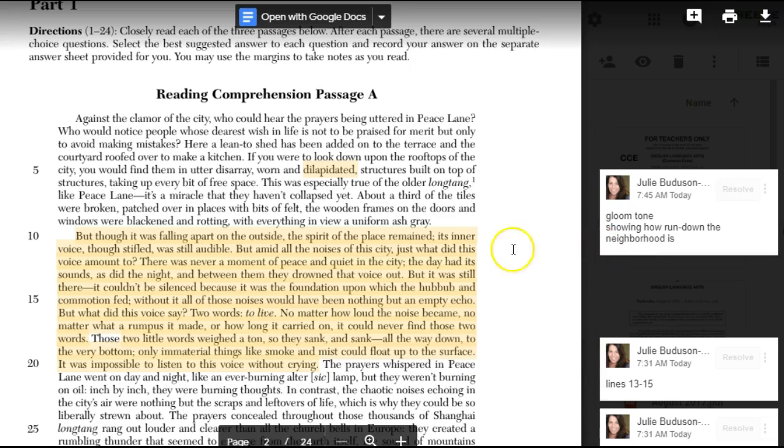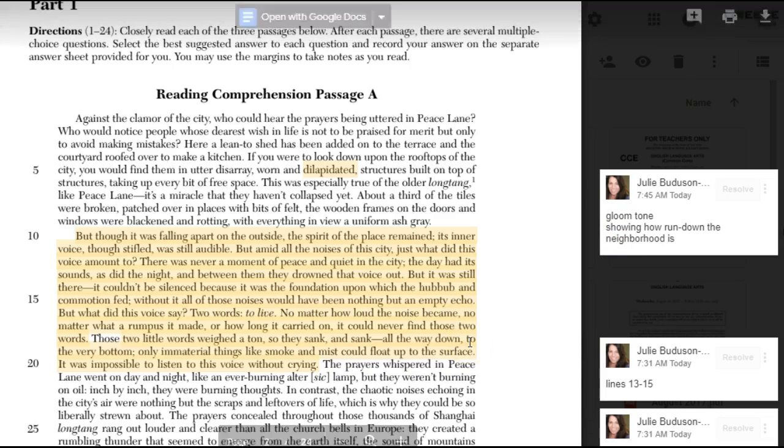And then I would move on and read the next part and underline or highlight whatever stands out to me there and do the same thing, write an annotation. So I'm going to stop now and let you continue with the reading of the rest of this passage and then go ahead and answer the multiple choice questions. Make sure you annotate and underline or highlight as you go.